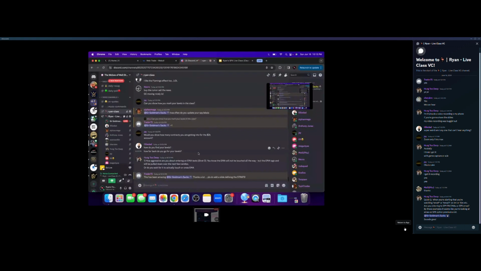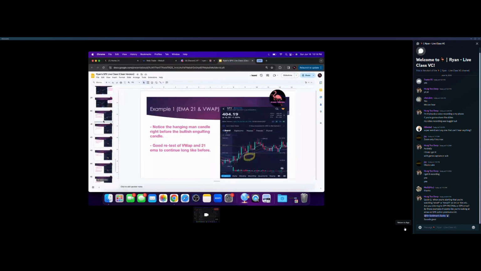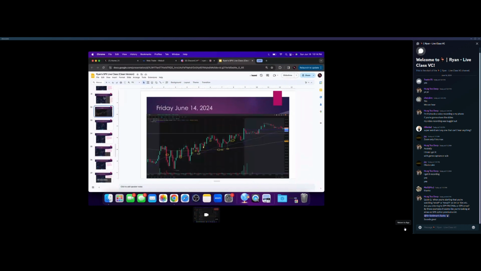How aggressive are you about entering on EMA tests? You know the EMA will not be touched all the way, but the EMA lags. So with this question, this is where you use your XPX. Notice over here, for that question,